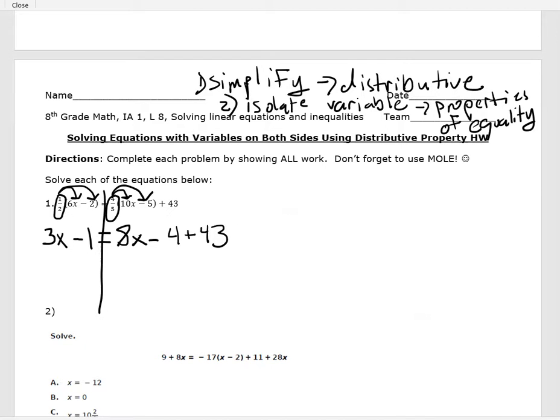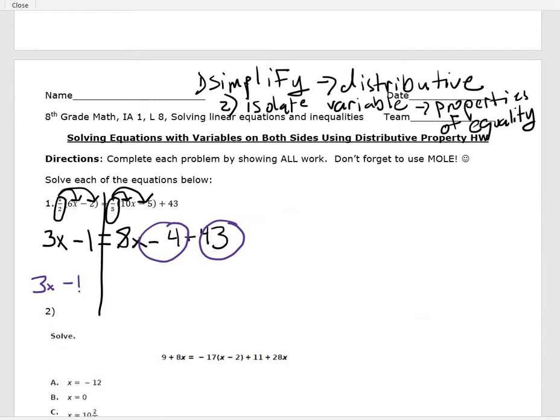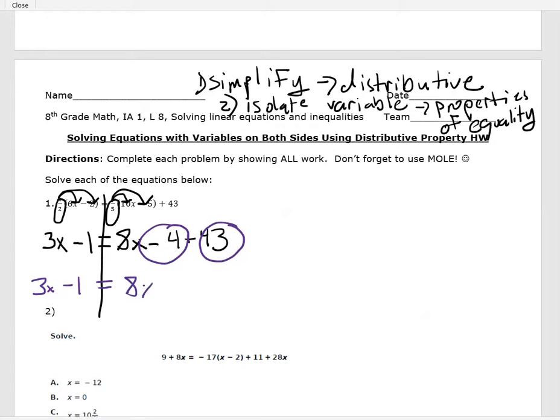Okay, before I use my properties of equality, I want to see if there's anything on either side of this equation that I can combine and simplify. So if I have any like terms. So over on this side of the equation, 3x minus 1, I can't combine anything here. When I look at the other side of the equation, I have 8x minus 4 plus 43. I do have two constants here that I can combine. So I have this -4 and I have the positive 43. So I'm left with 3x minus 1 is equal to 8x, and then when I combine the -4 and the 43, I'm left with positive